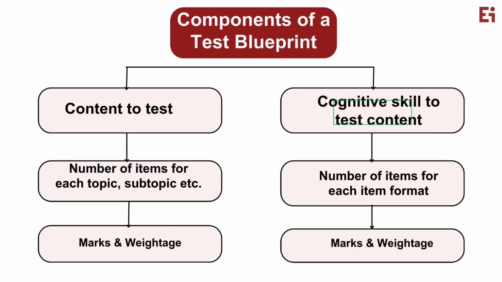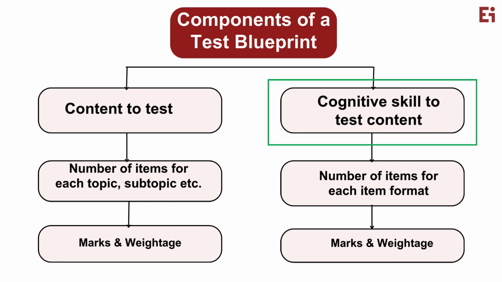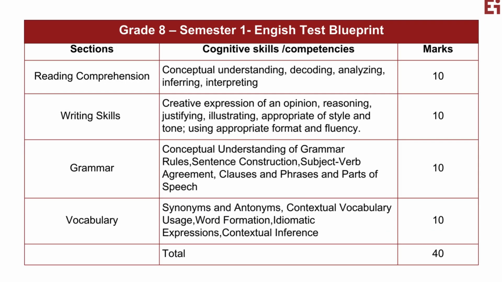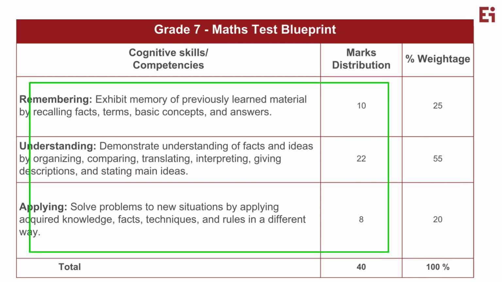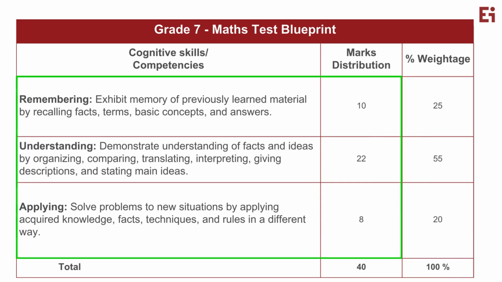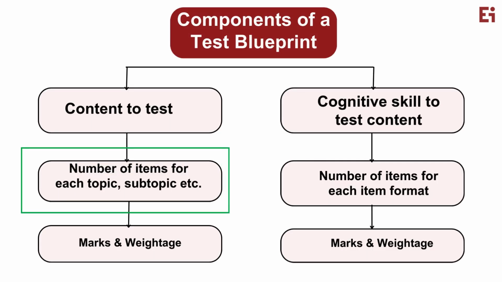A test blueprint can also detail the cognitive skills to be tested. For example, let's see this Class 8 English test blueprint. Here, we can see the cognitive skills are detailed out for each section of the blueprint. Let us look at another test blueprint. You can see that the content represented is mapped with the cognitive skills and competencies and the marks they would be tested for. A test blueprint can also further elaborate on the number of items for each topic and subtopic in the content,